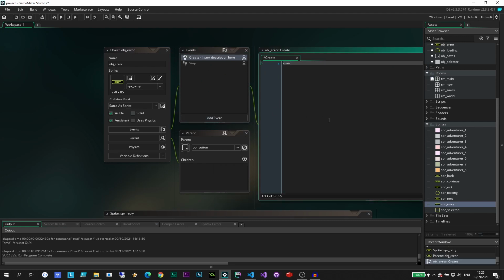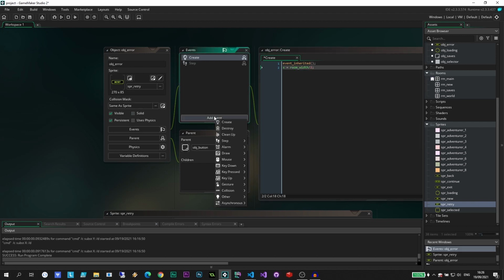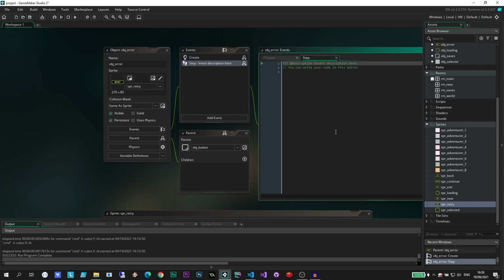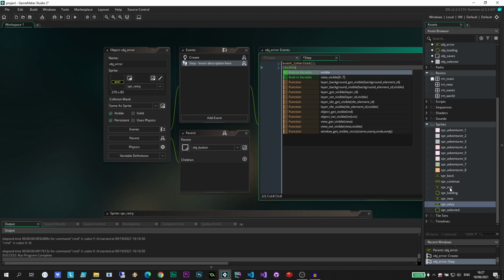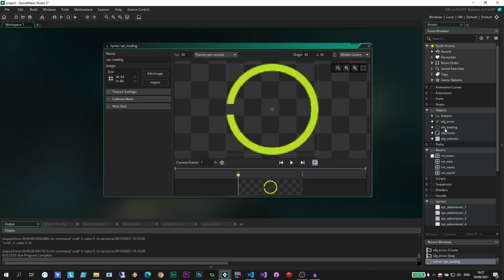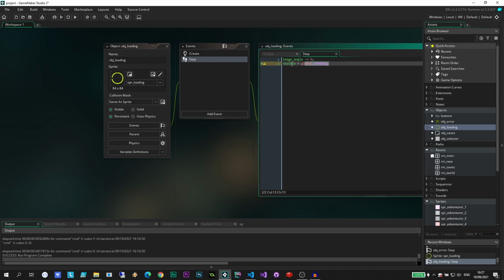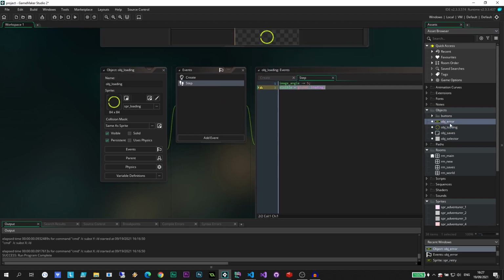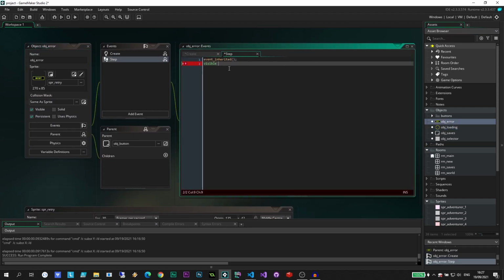Always remember our event inherited. Then I want to give it the centered experience over there, and we also need to override the step event. Same thing, event inherited. And here, similar to what we did with the loading. Remember in loading in the step event we had this visible global loading. So now in an object error, I'm going to say visible equals not global.loading